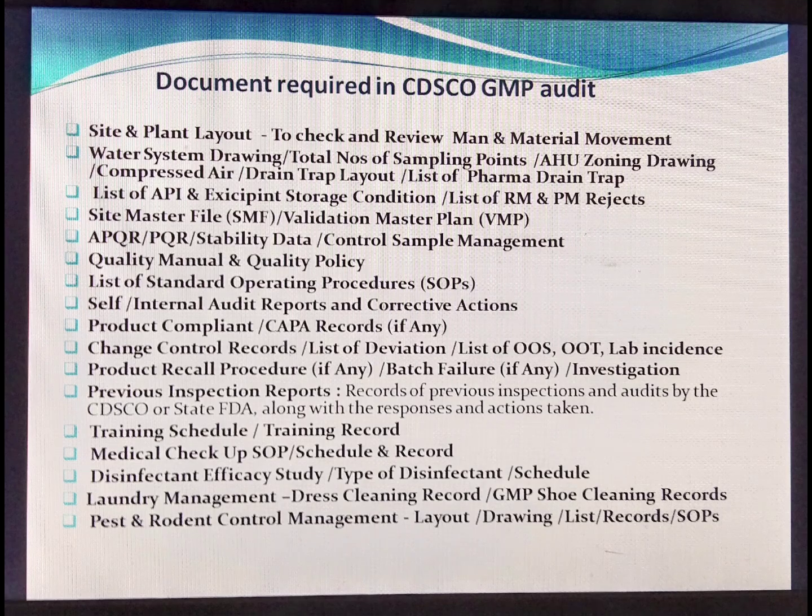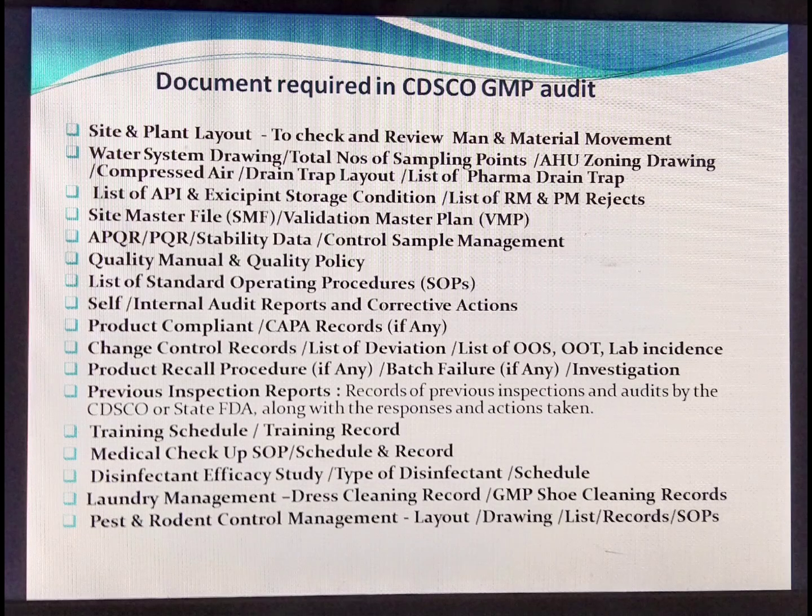Documents required in CDSCO GMP audit: site and plant layout to check and review man and material movement, water system drawing, total number of sampling points, HVAC zoning drawing, compressed air, drain trap layout, list of drain traps, list of API and excipient storage conditions, list of raw material and packing material rejects, site master file, validation master plan, APQR, stability data, quality or control sample management, quality manual, quality policy, list of SOPs of various sections, self-inspection report and corrective actions,